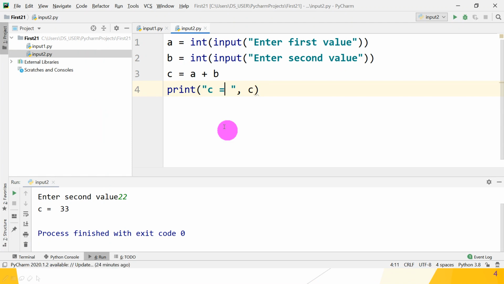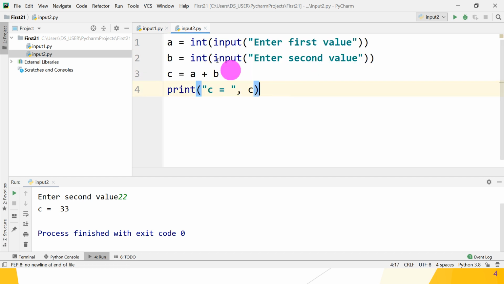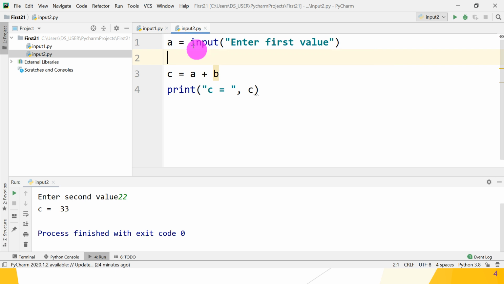So guys, we can convert this same program into addition of two numbers but use a single input method. So how to convert it? First, we have to remove both, then delete it. Okay, so input, enter two values. What is the message?